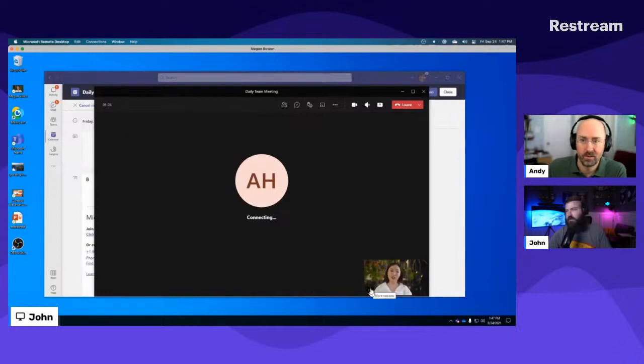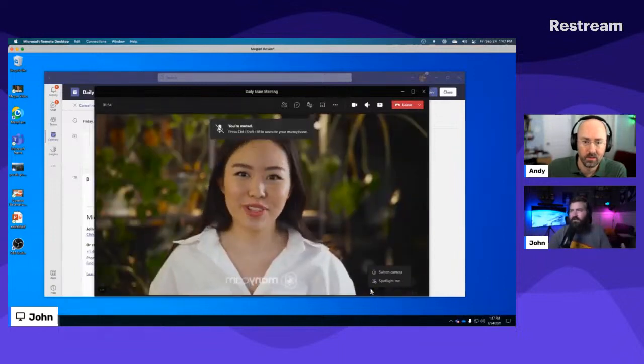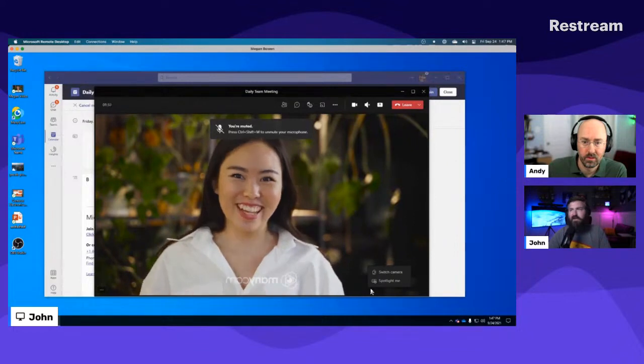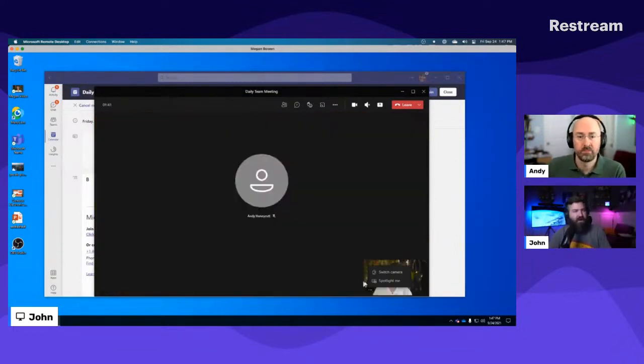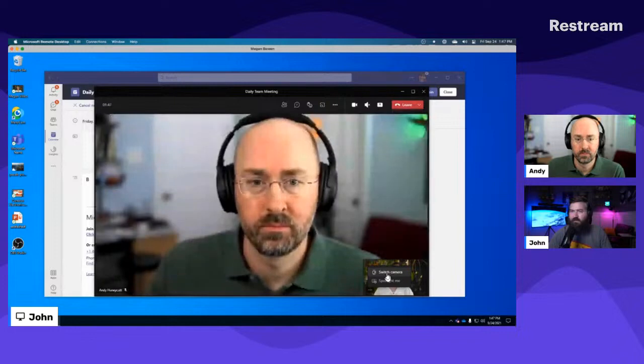This is a little tip here. If you have multiple cameras like Andy does in his environment, say you're not using a switcher, but you've got two USB web cameras involved, you can click your little dot dot dot in your preview window, and you can switch between your cameras right there.